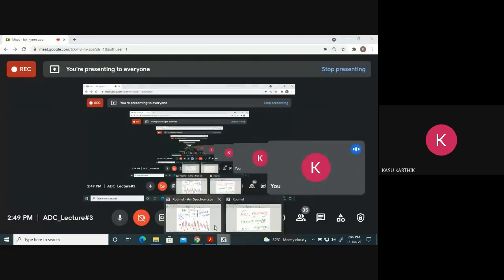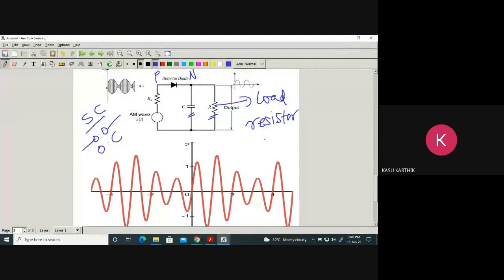Yes. Now, let us take this is the input to the ED. This is s(t). The basic operation is it is a diode. Assume that it is ideal. So it will be forward biased when P side voltage is more than N side voltage. In a forward bias, you can replace the diode with a short circuit and it's conducting.